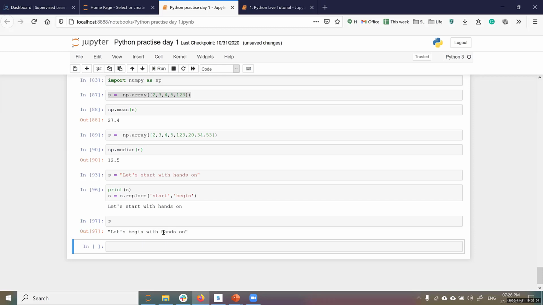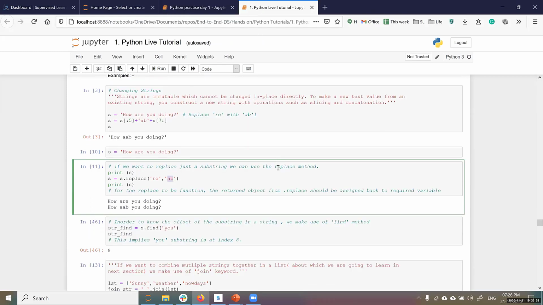When you execute some operation, is it changing the original data frame or original data type, or is it returning you a changed data type? Based on that, sometimes these functions change the original ones. Sometimes they do return the changed type. So be careful with that. And yeah, hope you guys are following and practicing with me. Try it out. Let's replace.